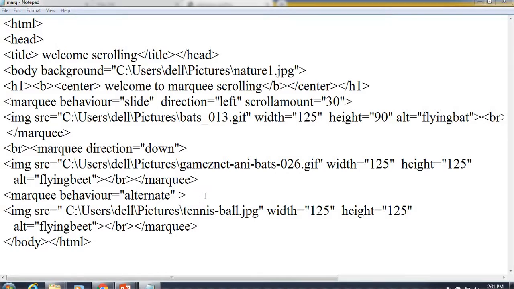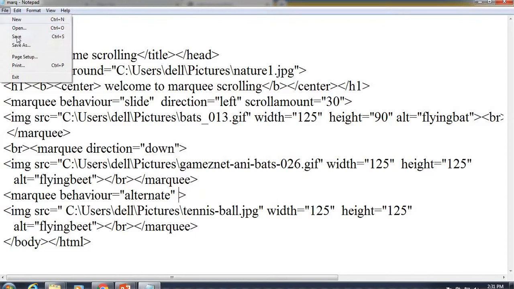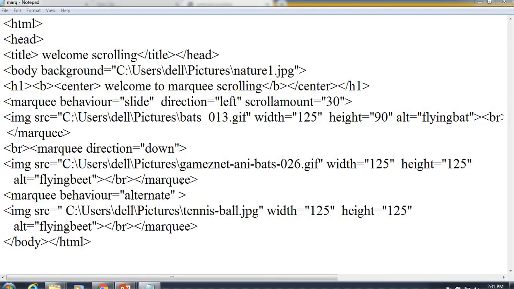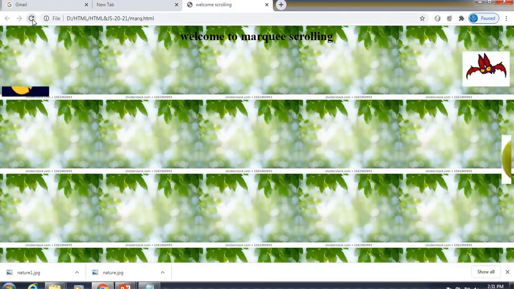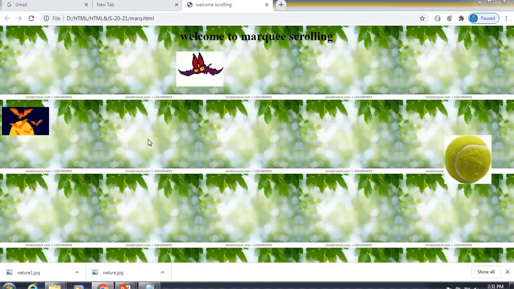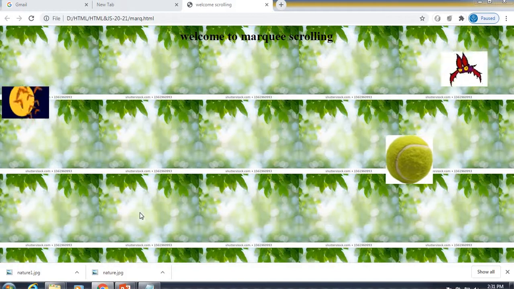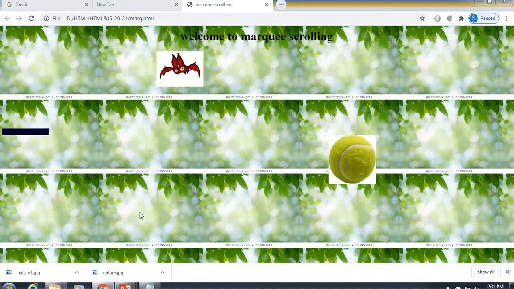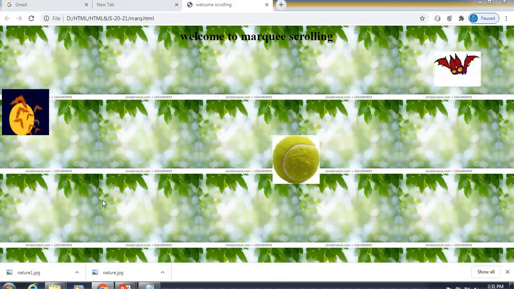So this is the property we are going to add, marquee behavior alternate. Let's see if any more reflection is happening to this code. So it is moving just back.